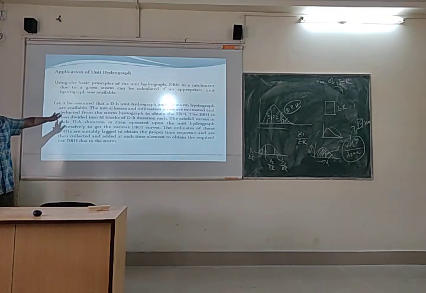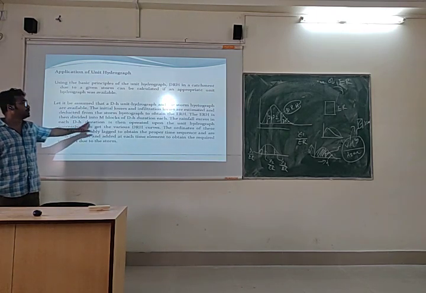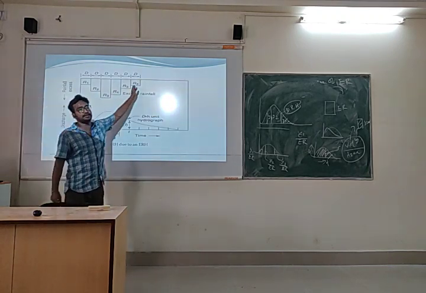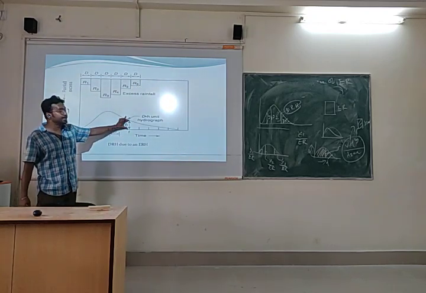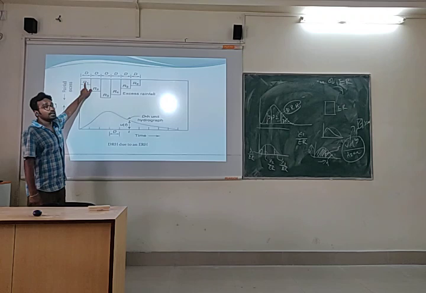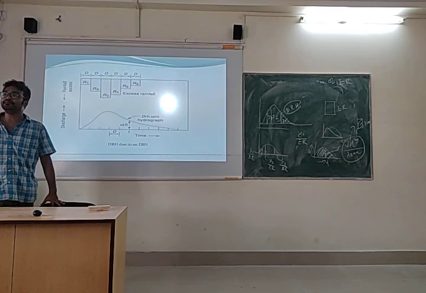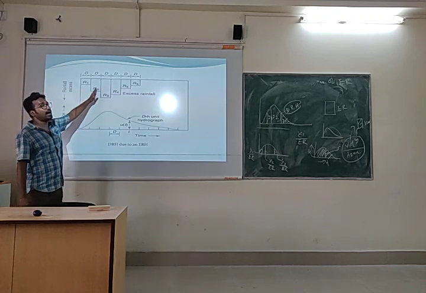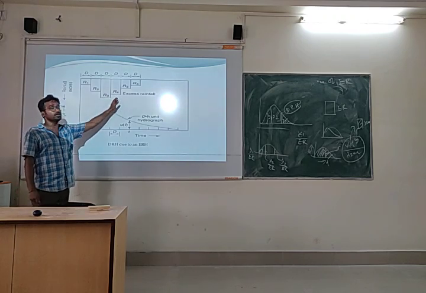So we have done this application, right? We did this application in the last class. That is, if we know M blocks of effective rainfall, n number of effective rainfalls are given. In a particular time t, if the ordinate of the unit hydrograph is Ut, then for each and every effective rainfall R1, R2, R3, we will get the ordinate for the direct runoff hydrograph lagging by various times. Like R2 will be lagged by D, R3 will be lagged by 2D, and so on.